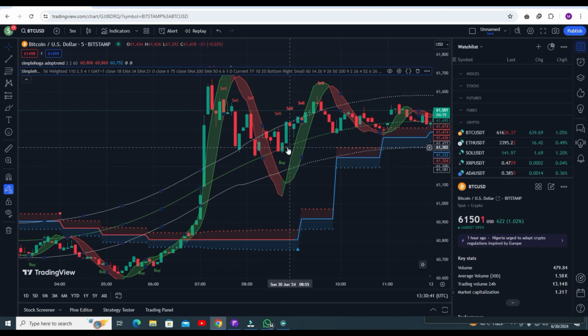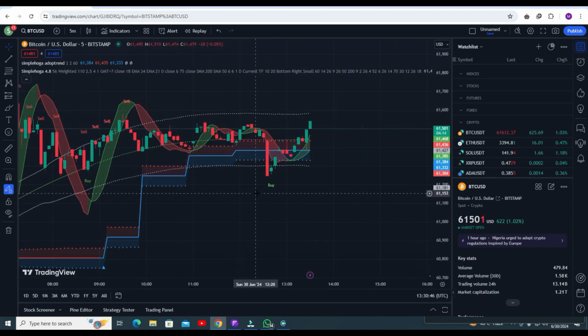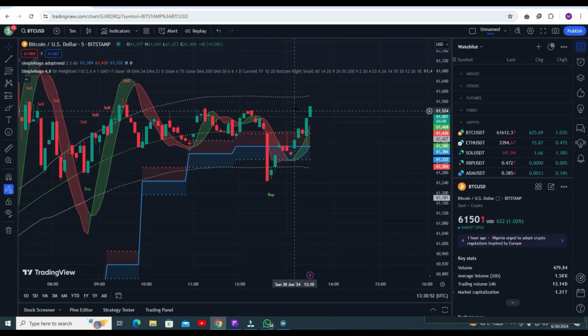Just like I told you, you have to exit your trade because the trend line is red. And when this line is blue, you have to go for the buy trade, and you can see you are getting some awesome profit here. This is the beauty of my indicator. But now let's talk about the second strategy, and then I will show you the results.